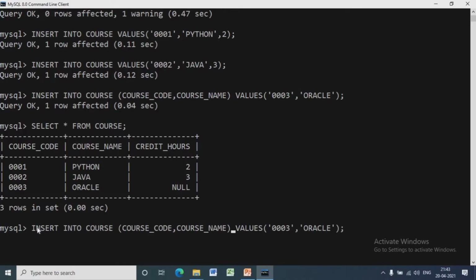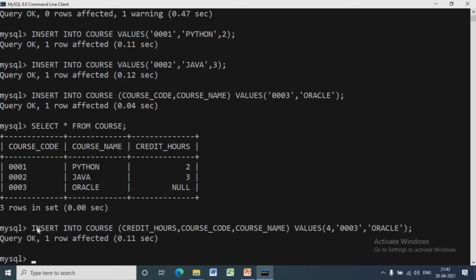Here we are changing the order of columns and respective data. First we are entering credit hours, then course code and course name, and the values will be in the same order. Remember, the table will have the same order.